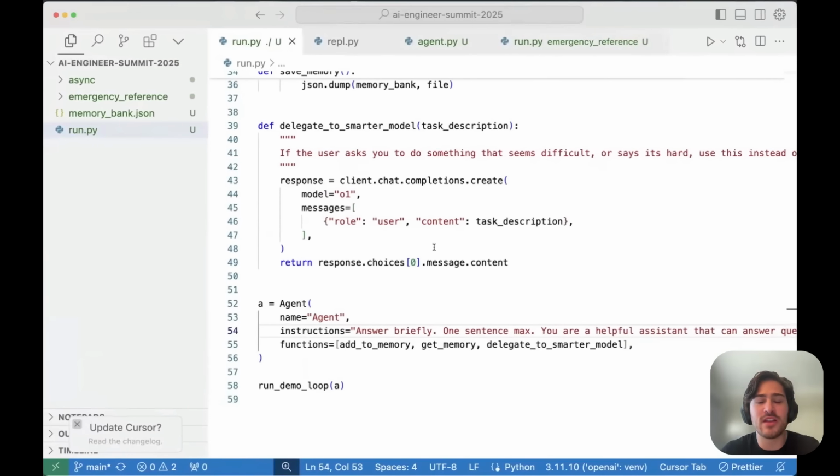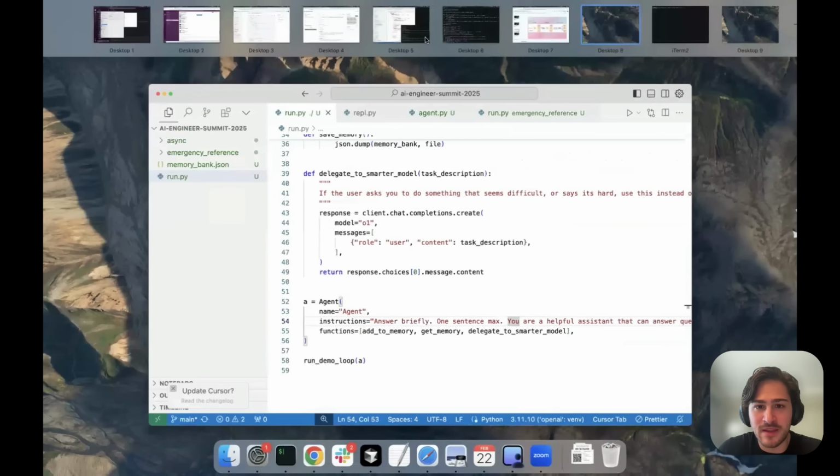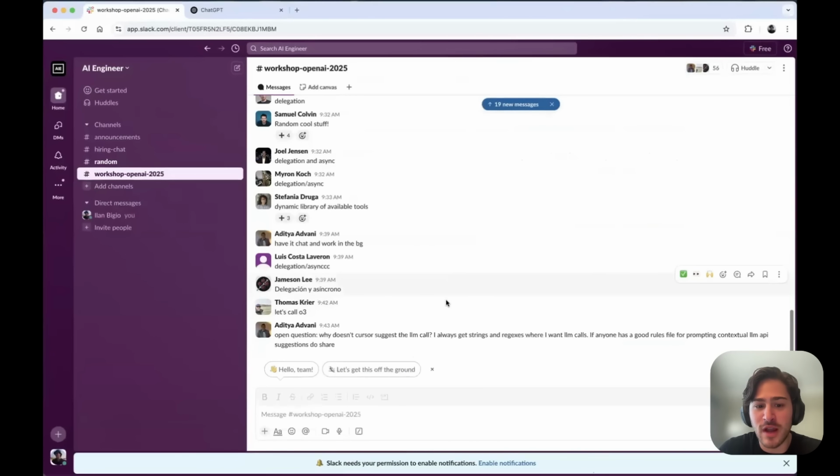Now, I actually want everyone to stop and think: how would you implement this, in terms of what behavior you want? I want to see people drop this in the Slack. Take a couple minutes and drop in the Slack a proposal for how you would want to do this. And then I might just pick one, or we'll talk about them.